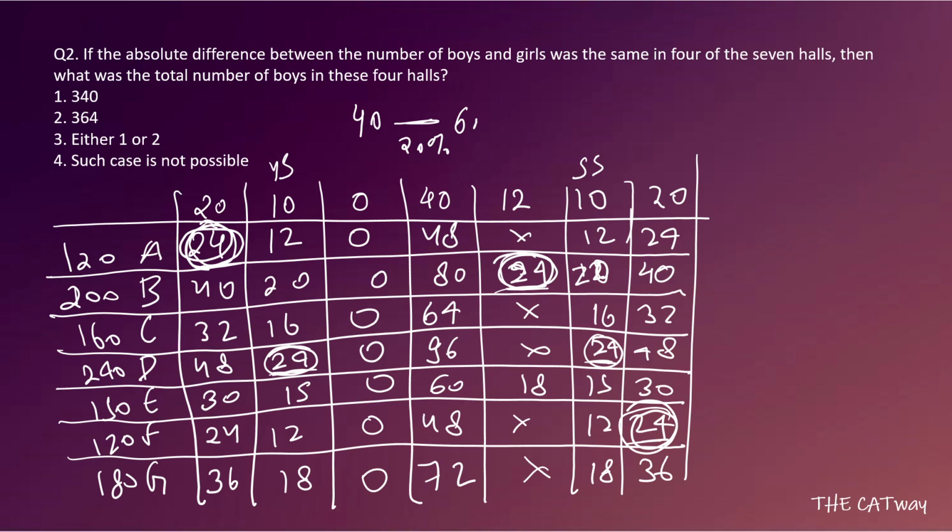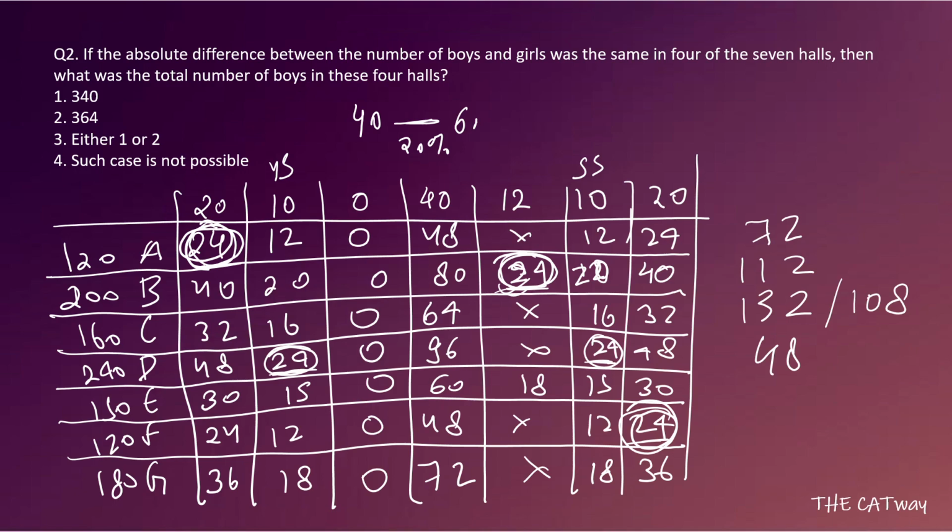From A, if the number of girls is 40%, then the number of boys will be 60%, that is 72 boys. From B, we have 44% girls, so the number of boys is 56%, that is 112. From D, if the number of boys is 55%, then we have 132 boys, else we have 108 boys. And coming to F, we have 60% girls, so 40% boys, that is 48.